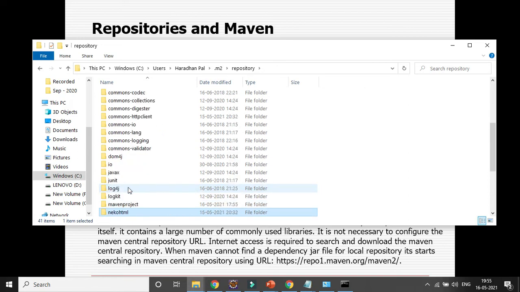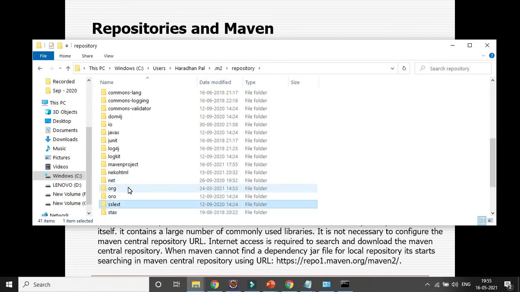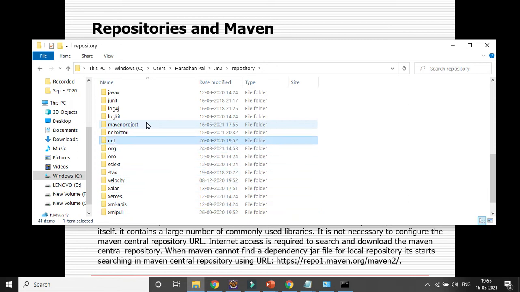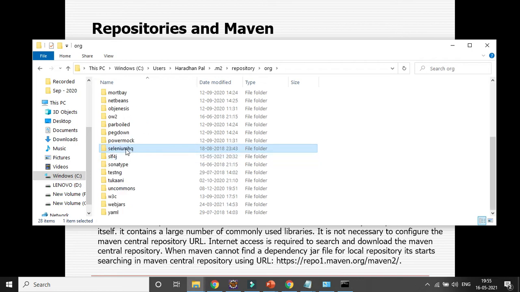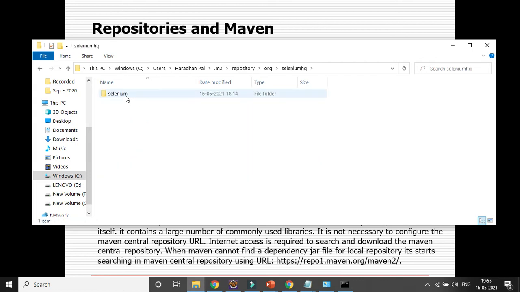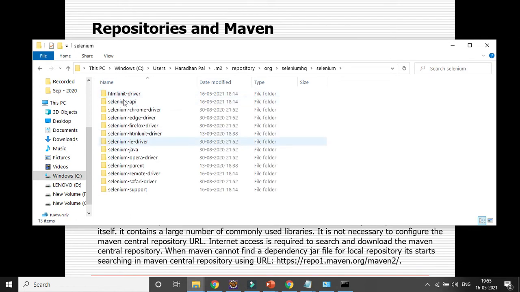So maybe you searched for Selenium, right? You did not find Selenium because Selenium is only available in the org file. So you need to go to the org file, right? If you click on the org file and go for Selenium, you can find it. Selenium HQ. If you open it, there is a Selenium folder, and you can find everything